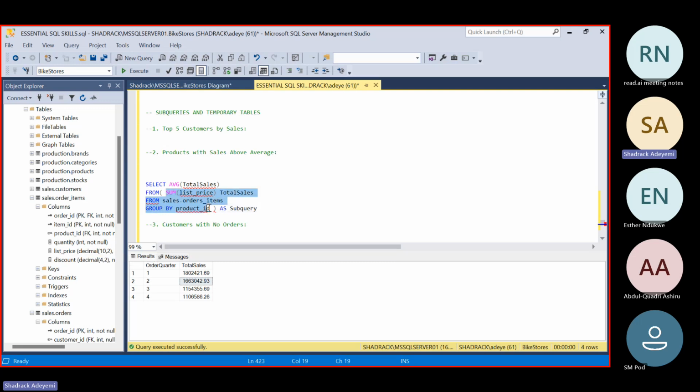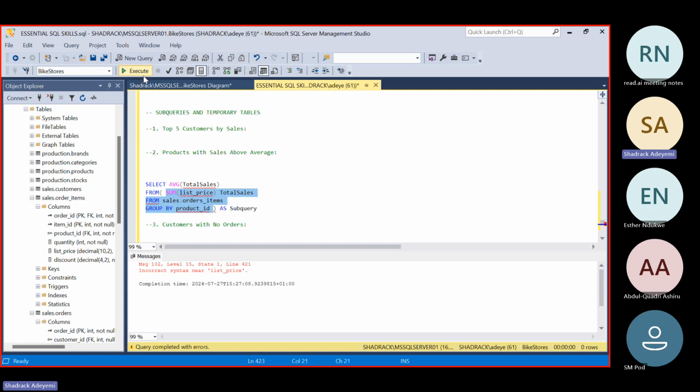So if you look at this, let us try to run this. Sorry, trying to group by sales.orders item, group by product ID. Everything looks good. This should run. It's saying there's an error somewhere, but that should run.